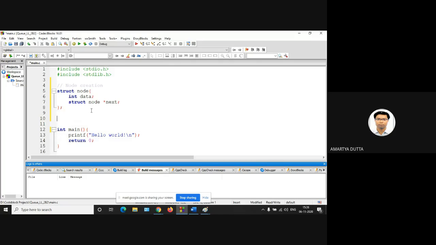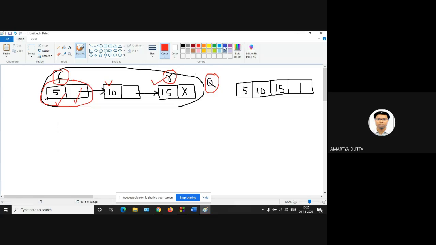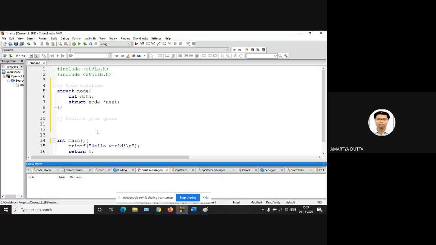now you have to declare your queue. Queue has two parts. So here your queue has two parts. First part is the front part and second part is your rear part. So we are using the structure again, and let the name is queue. Okay,